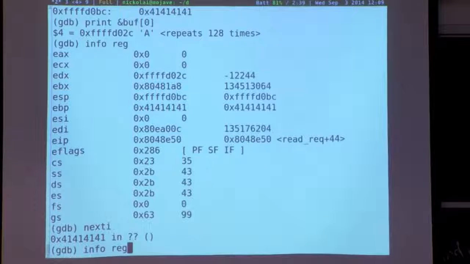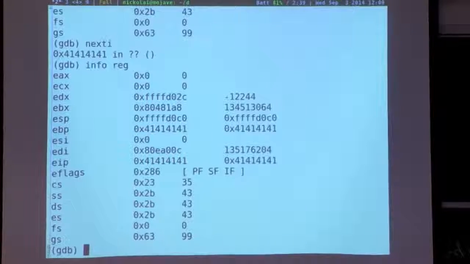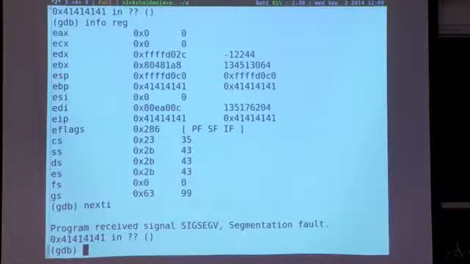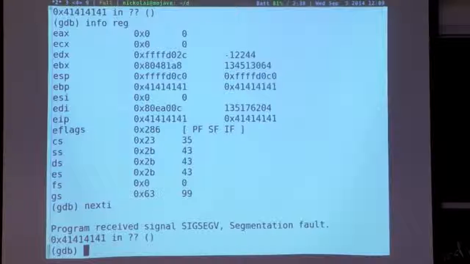If we ask GDB to print the current set of registers, yep, the current instruction pointer is this strange value. And if we execute one more instruction, it's going to crash because that's finally trying to execute an instruction pointer that doesn't correspond to a valid page in the operating system's page table for this process. Make sense? Any questions?